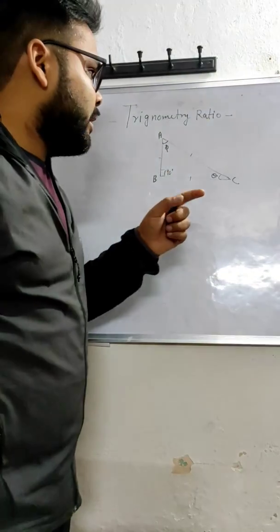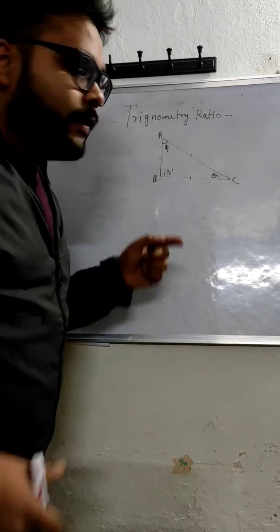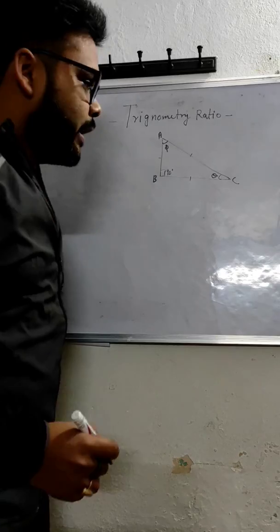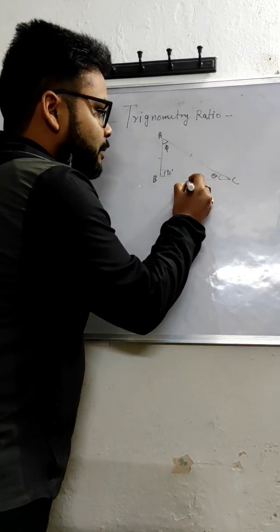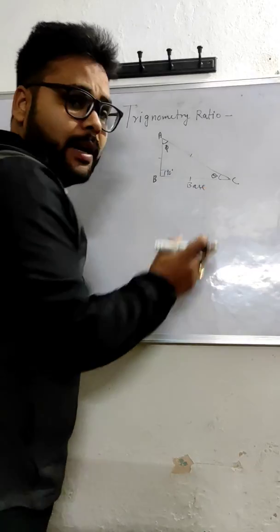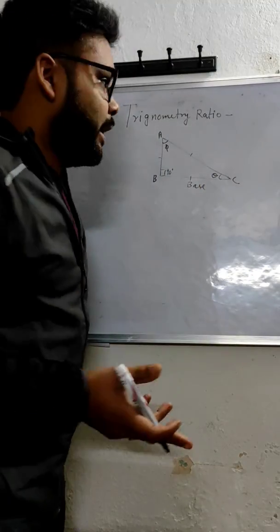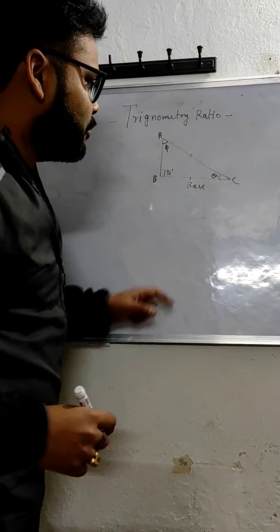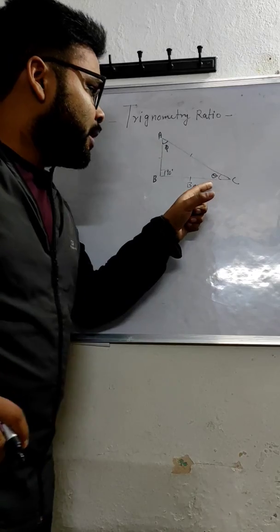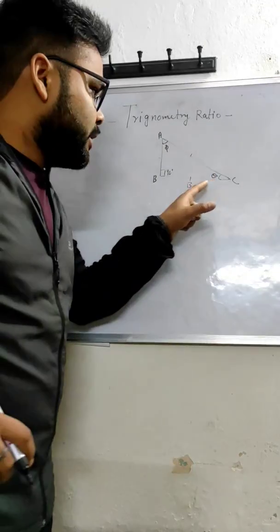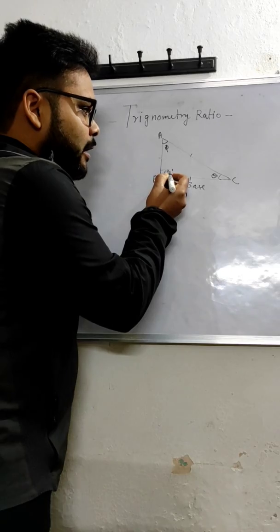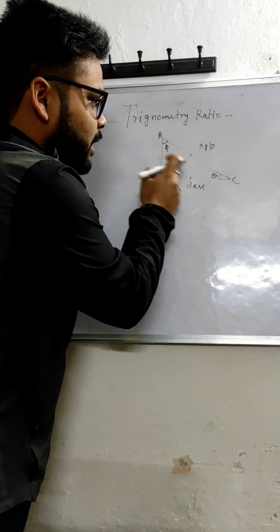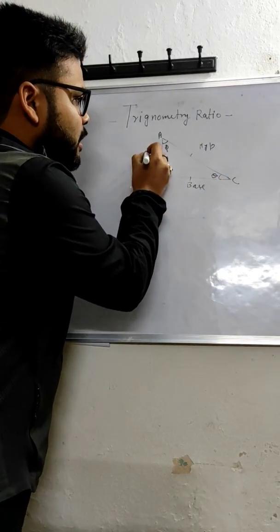First we have to understand what names we give to these three sides of the triangle. So this is BC, this is the base, when we take theta as the angle. If we take phi as the angle, then AB will be the base. But in this case I am going to take theta as the angle. So this will be the base, and the side in front of the right angle is called the hypotenuse. And the side in front of the theta angle is called the perpendicular.